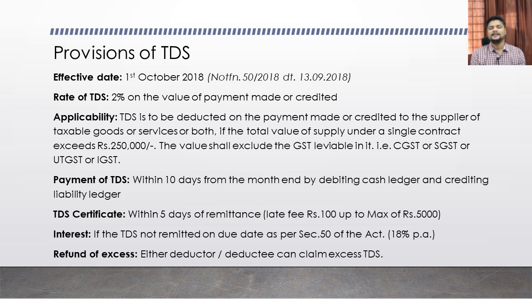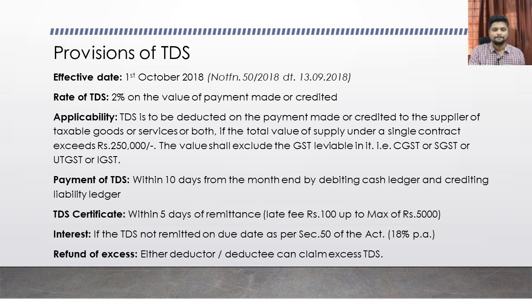For example, if the TDS is relating to the CGST Act as well as the SGST Act, then 100 under the CGST Act, 100 under the SGST Act, 5,000 under the CGST Act, 5,000 under the SGST Act. If the delay is more than 50 days, it means what? Per day, if it is 100 rupees, then more than 50 days will give you more than 5,000 rupees, but the maximum late fee is restricted to 5,000 rupees only